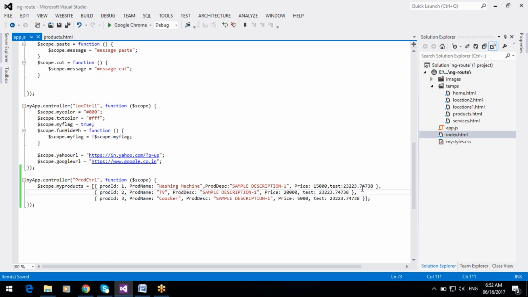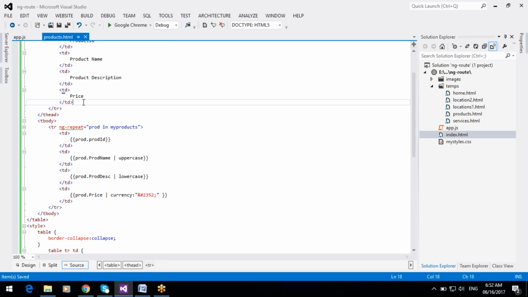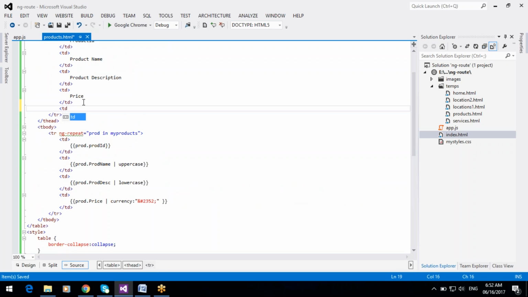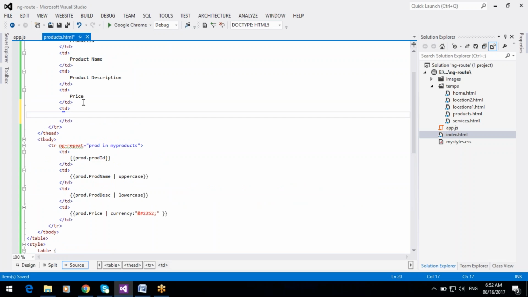Okay, so here after that, five numbers are there. Test column.